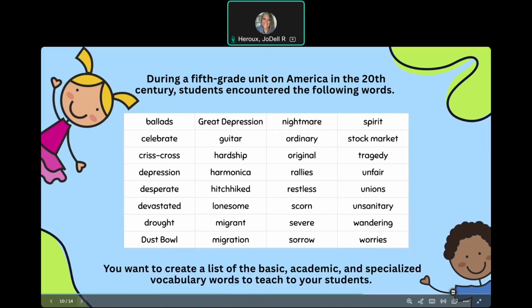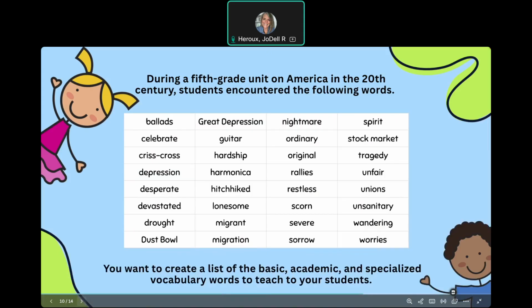So this is another activity where I'm going to have you pause and do some work. Okay, so get your notepads out and be ready. During a 5th grade unit on America in the 20th century, students encountered the following words. And so I want you to read through each of these words. And when you're done doing that, I want you to create a list of examples of basic vocabulary words, academic